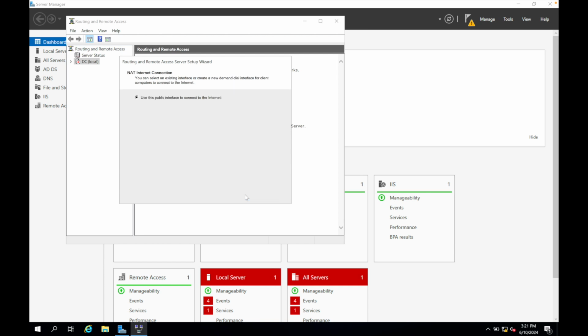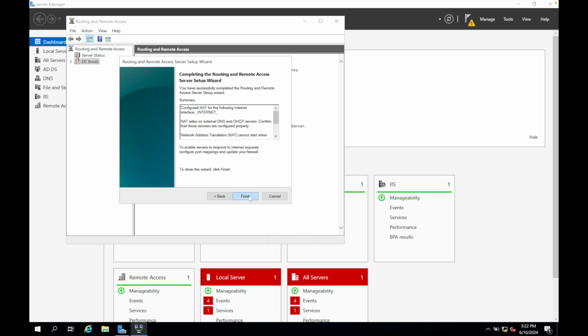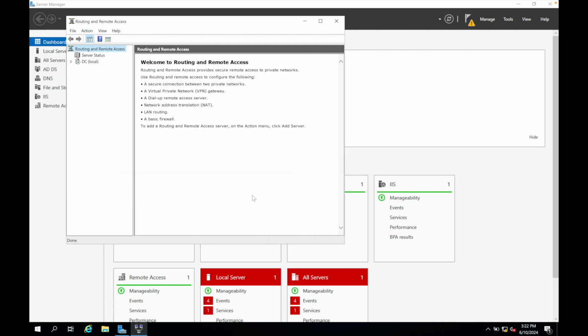Click Next, and if the network interfaces don't appear here, just redo the previous steps and they should appear. In my case, they appeared the first time. Select the one that we named Internet and click Next and then Finish. Once completed, DC Local should be green